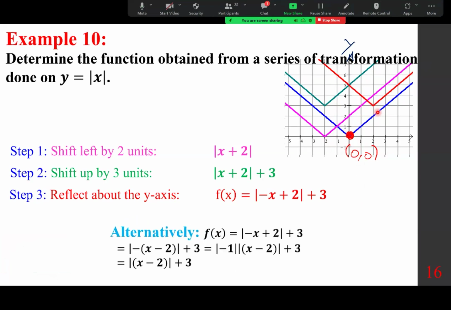And one way to understand this alternatively: we look at this one and say absolute value of minus x plus 2 plus 3. If you take the negative out, we get absolute value of negative 1 times x minus 2 plus 3. And this absolute value of negative 1 is the same as positive 1. And this shows shifted to the right by 2, up by 3 units. And